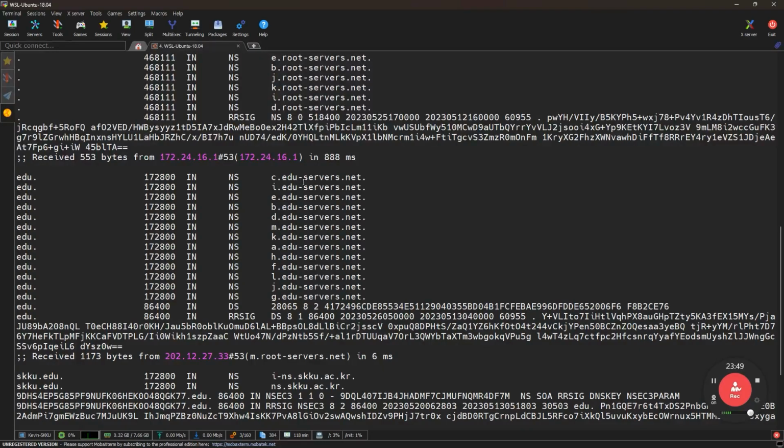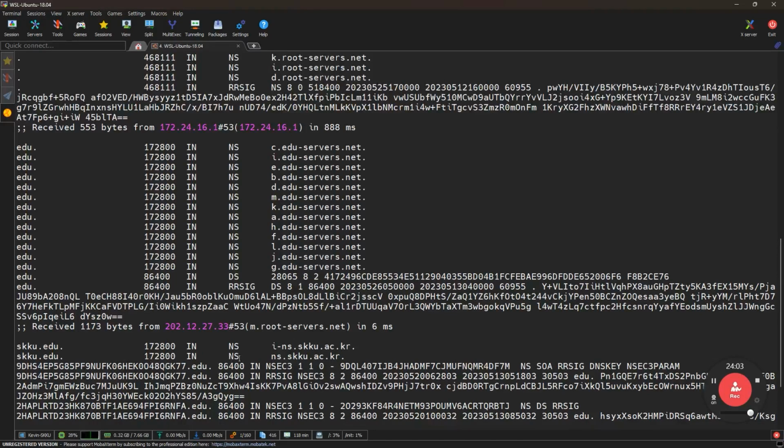The edu servers, it looks like there are 13 edu servers as well, respond, okay, consult with the name server of skku.ac.kr. This is actually the name server managed by skku.ac.kr. Who answered this? m.root-servers.net actually responded.